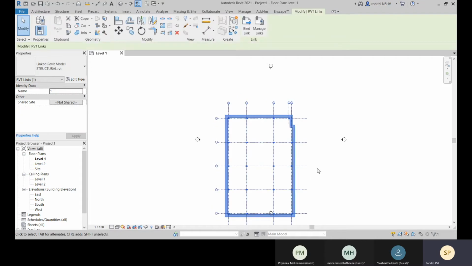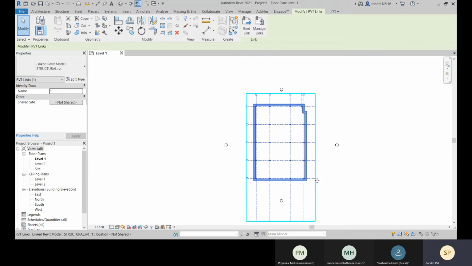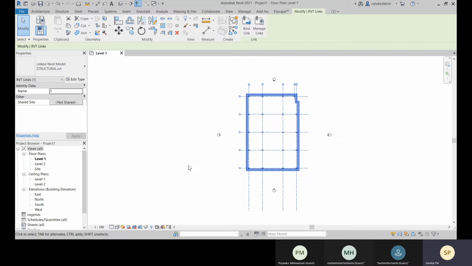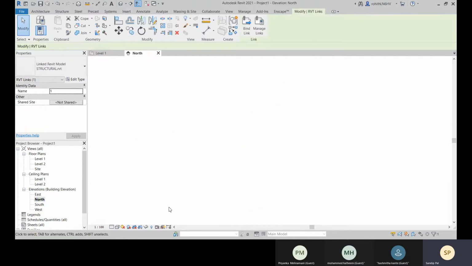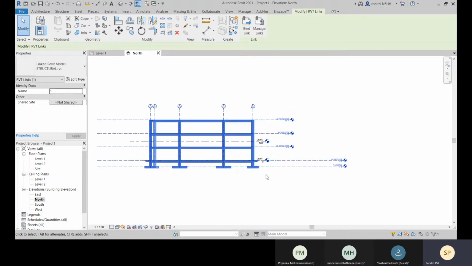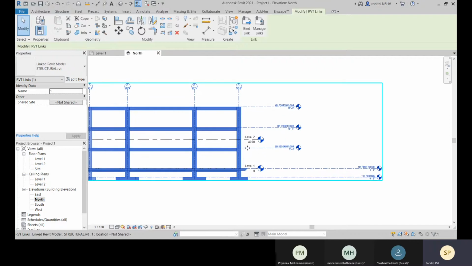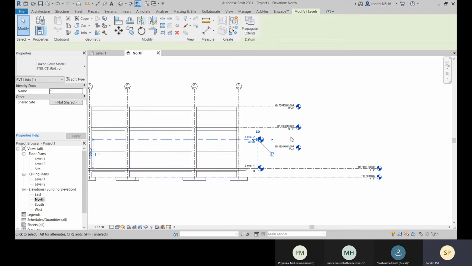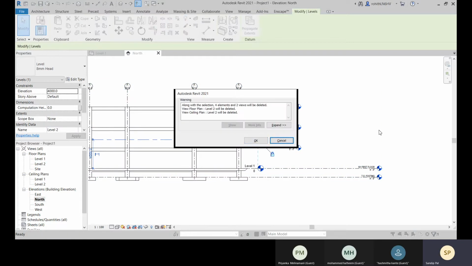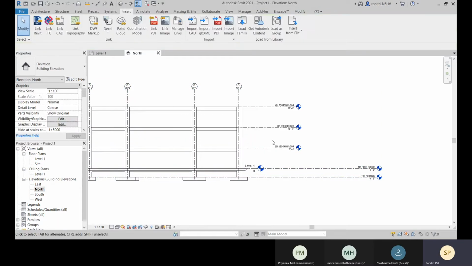And after that, we can move it also like this. We can position it. Okay, and you can come to any elevation. There you can see that there are some levels also, right? So if you don't need this level 2, you can simply delete this.